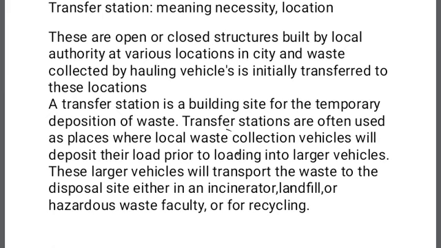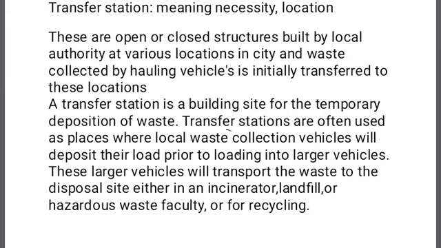Along with this, transfer stations should be constructed at various locations in the city so as to minimize the hauling distance, meaning the transportation distance from waste source to waste deposition place. Due to this, economy can be achieved in transportation, meaning a saving in transportation cost.